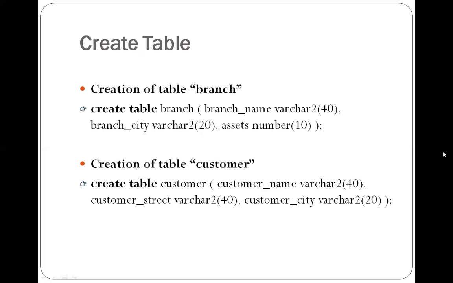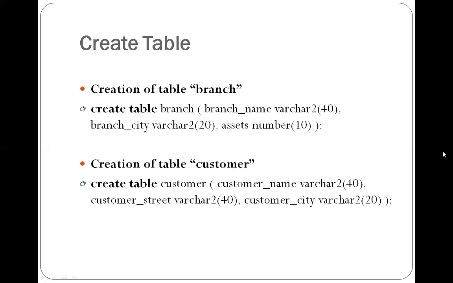Next I am giving a space here, but that is not mandatory. Then the attribute name, that is branch name, space, varchar2, this is the data type, and within bracket we specify the size, then comma,